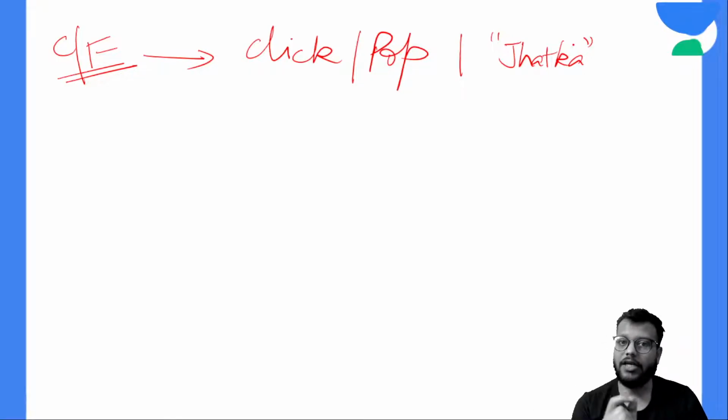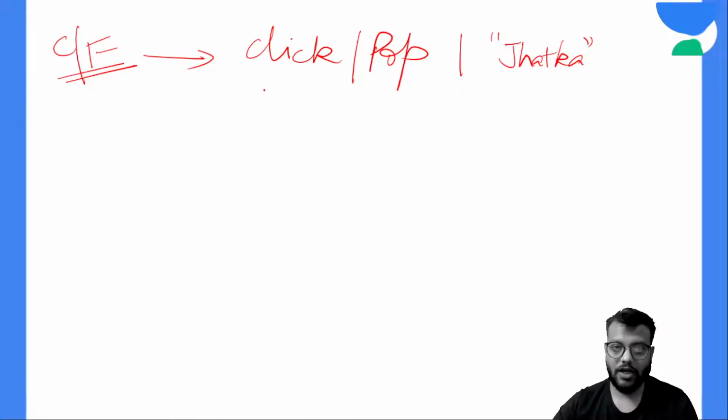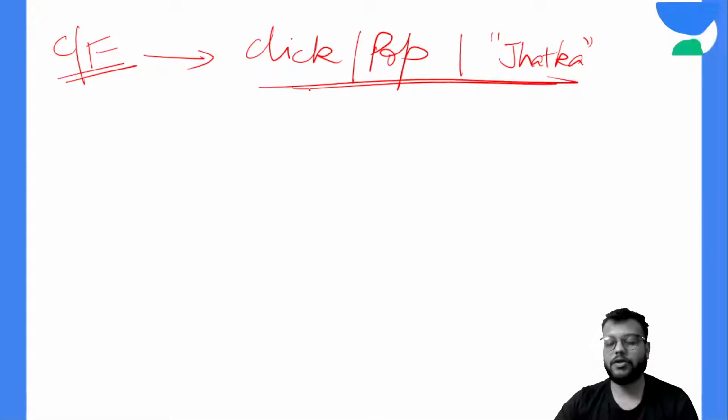But there is a menisci injury, so if there is again wear and tear and you are not immobilizing or giving rest to the menisci, the injury will progress and it will lead to the bucket handle type of injury, which is the most important thing that you need to remember about menisci injury. It is chronic, and generally what happens is a click sound comes and you again do the exercises, but this will aggravate the injury. So this is the clinical feature, the click sound or the pop sound or the jhatka, and